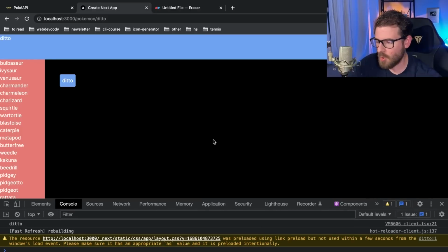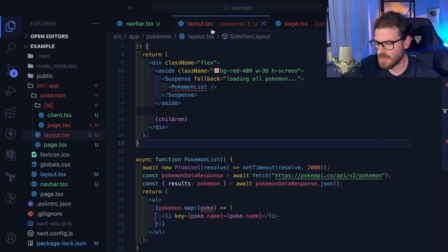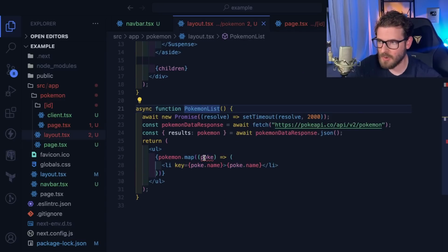So the whole point of that is React still works the way React should. You can still share state. If you have stuff in a client component by using use client, you can still have some external state management, or you can use context and share that with a provider, and you can just do things the normal React way. The React server component things just really help us write cleaner code, in my opinion, because now